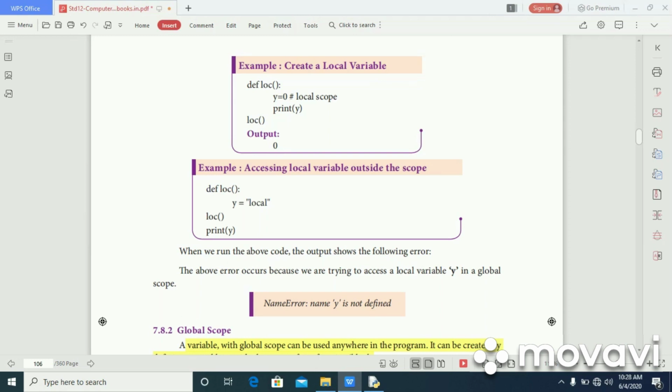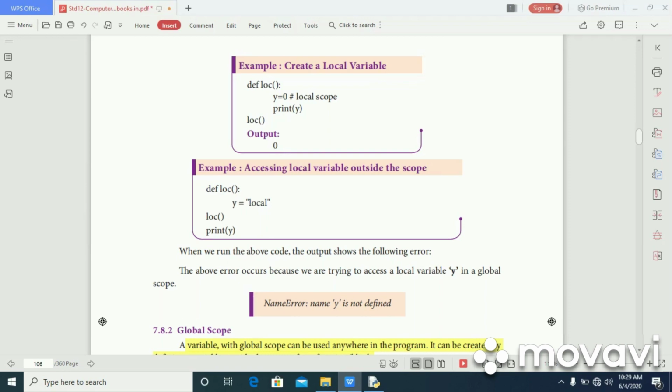Next is accessing a local variable outside the scope. First is def loc, that is the function definition. y is equal to local. Then loc, that is the function call. Print of y. If we run the code, it shows the following error because y is not defined.